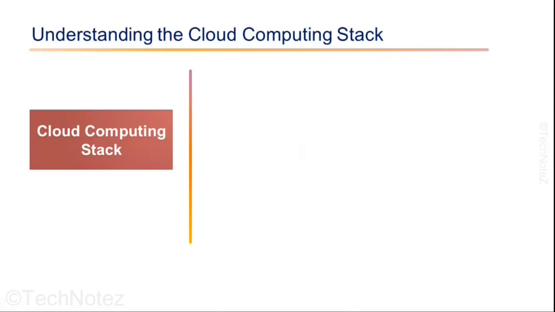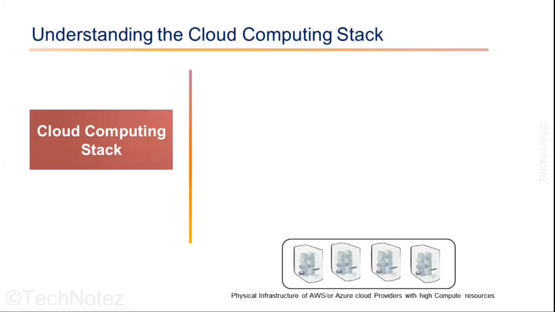Let's understand the cloud computing stack with a basic example. Let's say you want to create a web application that allows users to store and share photos. We will use the cloud computing stack to build the application. Here is how it might look. Let's start from the bottom of the stack. At the bottom, you would need the physical infrastructure to run your application. This could include servers, storage, and networking hardware. Instead of buying and maintaining your own physical hardware, you could use a cloud service provider like AWS or Microsoft Azure to provide the physical infrastructure. The cloud service provider manages this physical infrastructure for you.